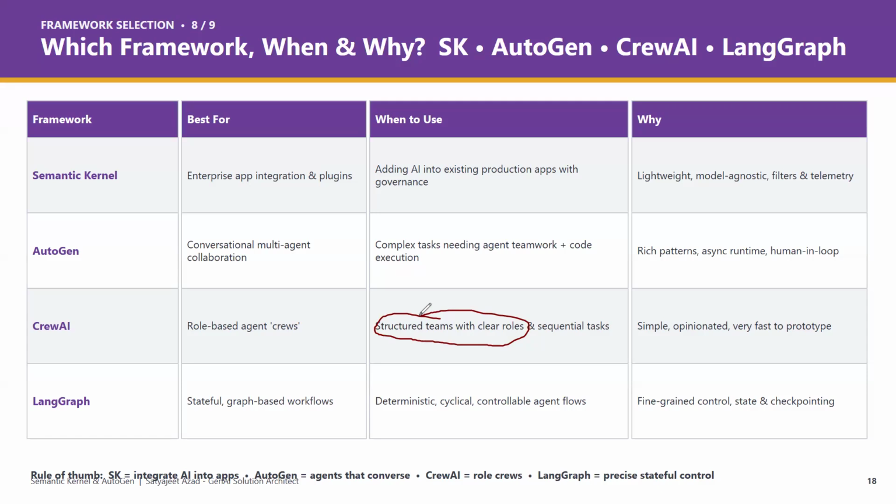Okay, and if you have some sequential task that you want to perform, and there is less dynamism in your applications, there are no twists and turns, no non-linearity. It's like a linear flow. Like you do task A, and then you switch to task B, right? If there are dependent tasks, in that case, go with Crew AI. So as it is saying, if you have role-based, role clarity, and sequential tasks, then go with Crew AI.